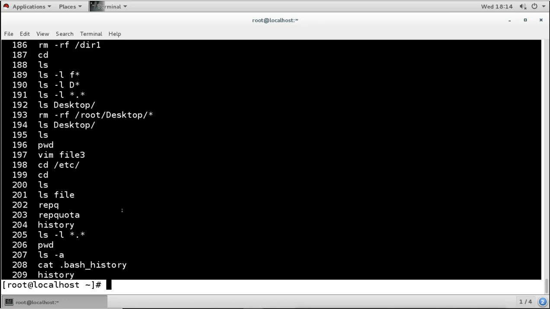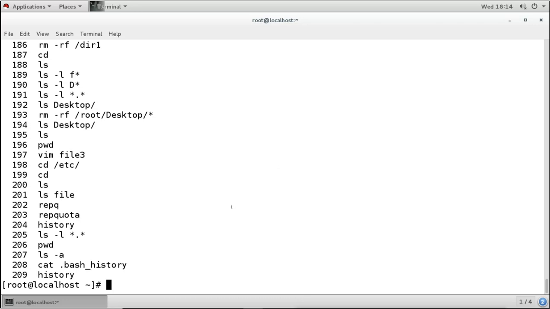Now when is it going to be saved? When we log out from this terminal or we restart the machine. Logging out of this terminal means if I exit from this sudo terminal, that means I am logging out. So if I log out from this terminal, then the latest history which we have run on this terminal is going to be saved into this file.